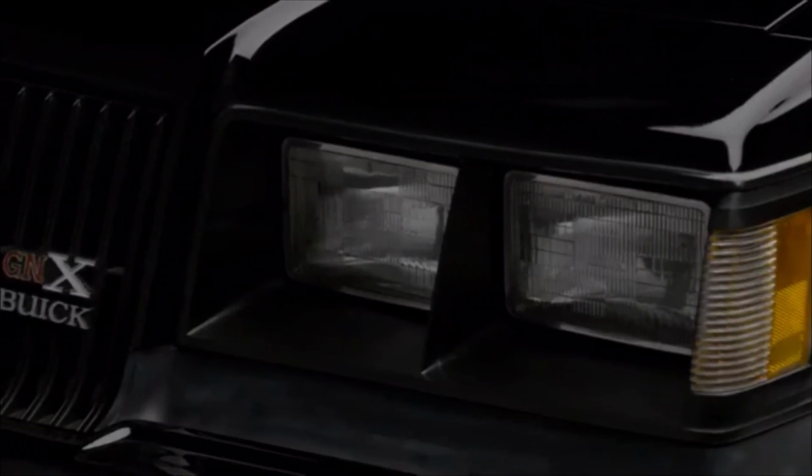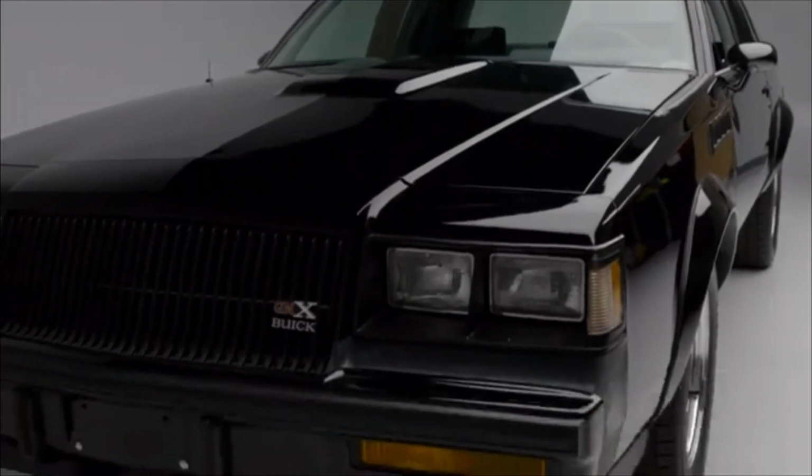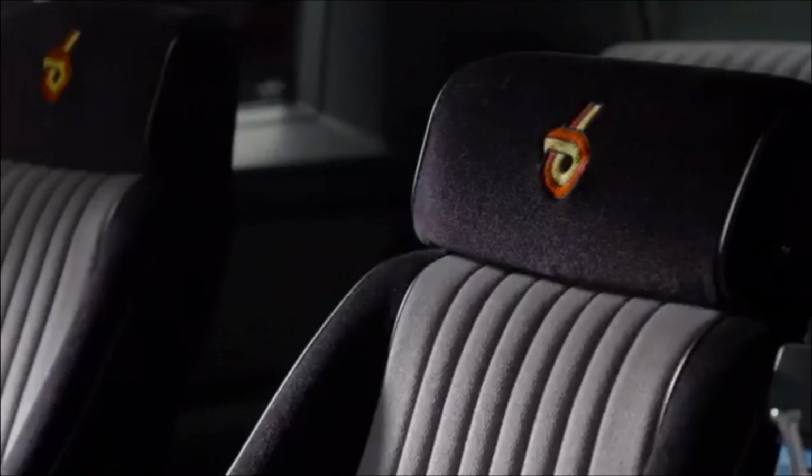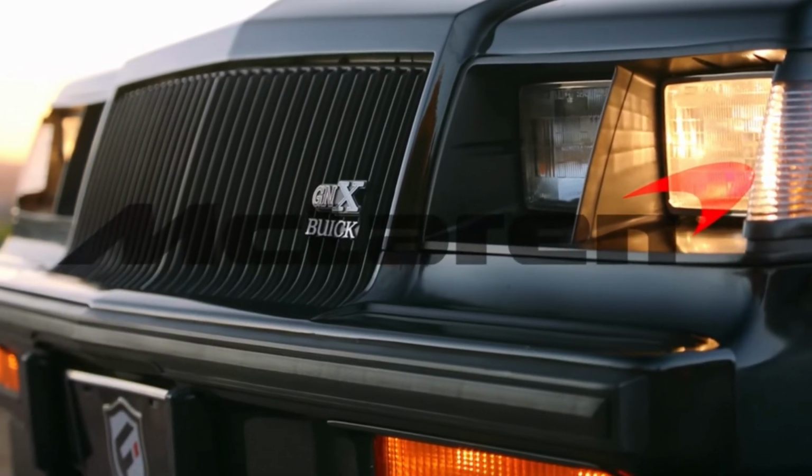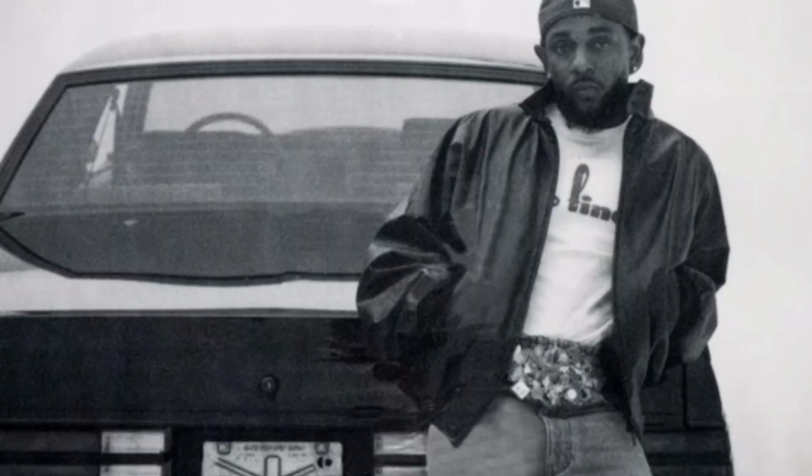So they decided that the final production year of this generation of the Regal would go out with a bang, and that's why they introduced the 1987 limited production Buick GNX, which stood for Grand National Experimental, made in partnership with McLaren, and Buick only produced 547 of these cars, with one being on Kendrick Lamar's new album cover,